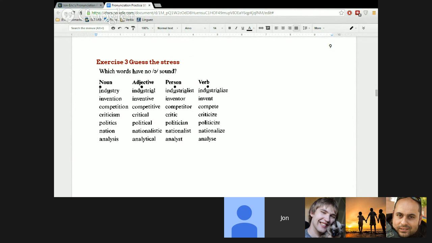Row 2. Invention? With a V, not a W. Not invention, but invention. You've got to put your teeth on your lip. I do this. It doesn't help. I don't know. It takes practice. But it really sounds like invention, like you're not making contact. But say the word.